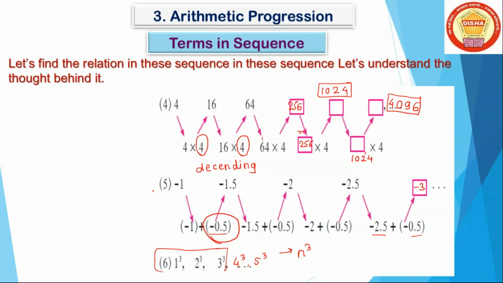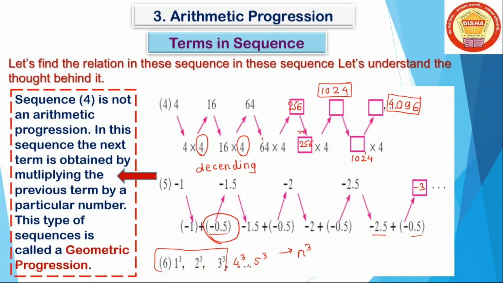Okay. Then from these examples, we concluded that example number 4 is not an arithmetic progression. See here, what is arithmetic progression? We saw in the previous slide that if we add a particular number to each term present in the sequence, then that is an arithmetic progression. Means we add to the term, then it is an arithmetic progression. See here, in the fourth example, we are multiplying a particular number to each and every term. Means in the fourth example, we multiply by 4. So we state that it is not an arithmetic progression.